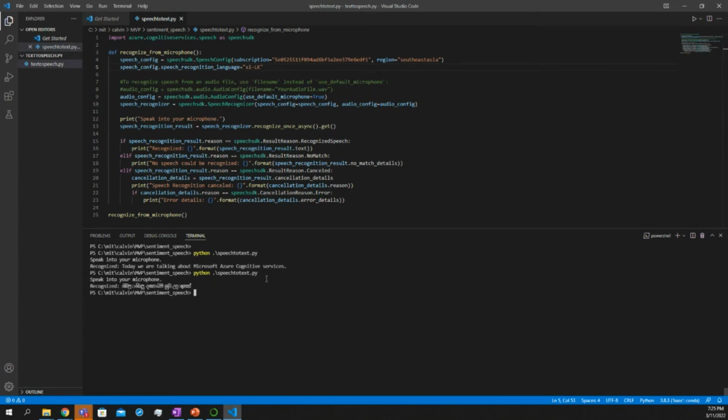Right. I think there's an issue with the Unicode, but it actually understood, right? So it's quite accurate because it's using neural. So speech to text is a great way to use services in your application, in your mobile apps, to make the customer experience easy